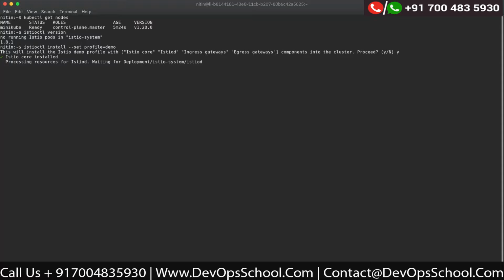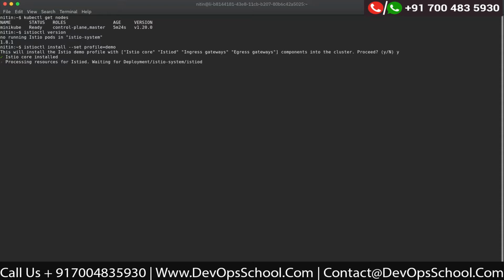Istio core does not create any pods as such. Istio core will only create all the other objects like the service accounts and stuff like that, which are required. All the CRDs, definitions, and everything will be created using Istio core. Next, it is going to try and install Istiod. Istiod is, as I said, a monolith which contains three components: Citadel, Galley, and Pilot.